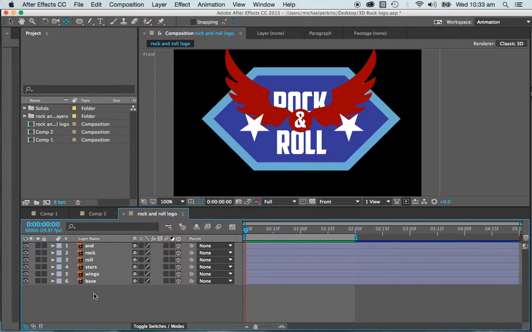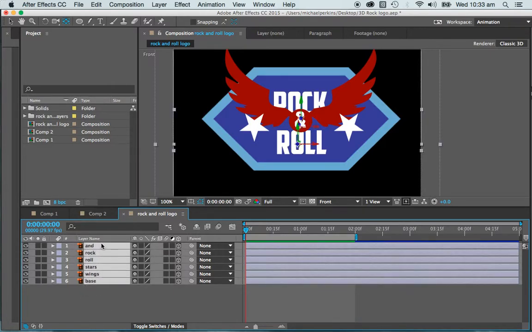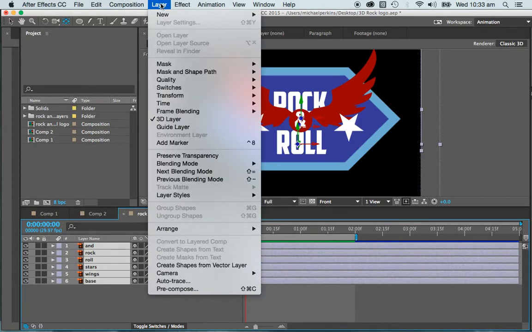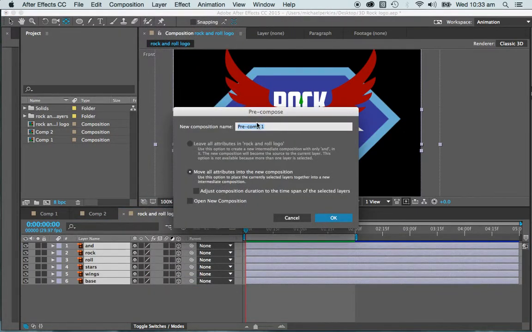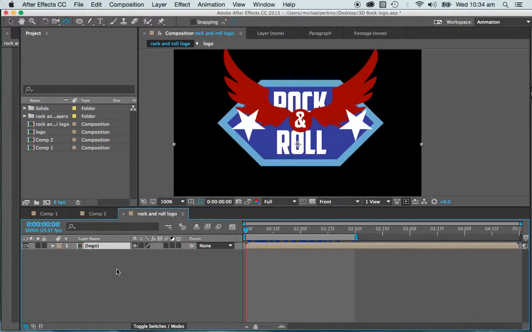The first thing I'd want to do is have all my layers in an easily manageable way, and one of the best ways to do that is via pre-composition. So I'm going to do that. Pre-composition simply means grouping, or effectively it's going to group our layers together. So Layer, Pre-compose, and we can give that a name, and I'm just going to give it a quick little name so I know what it is, and it's going to put it straight back into our composition window as a